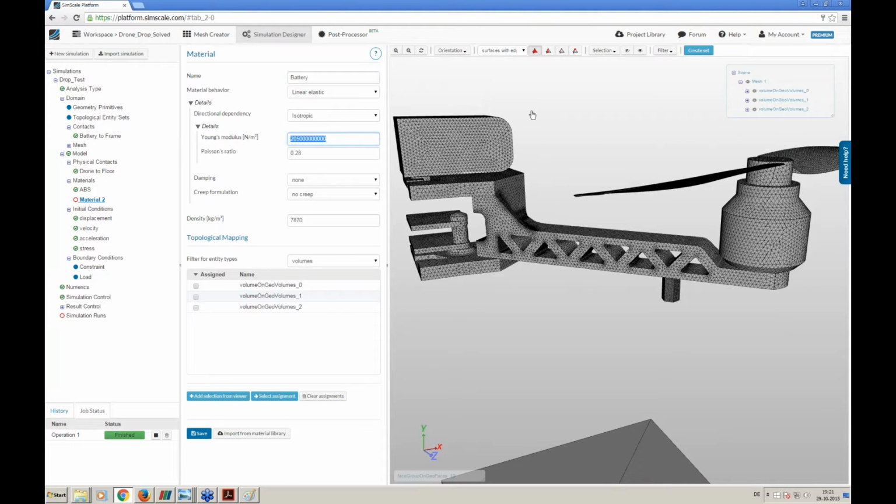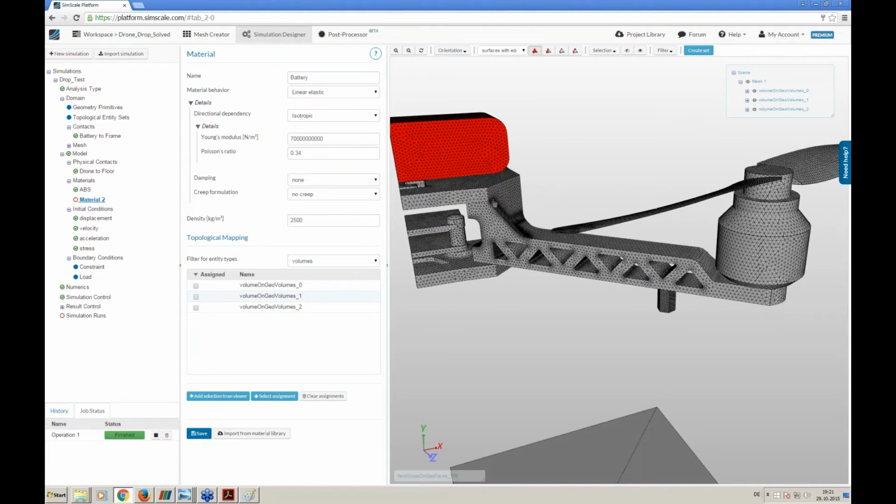So the Young's modulus is, if you enter it, then the Poisson's ratio is 0.34, and the density is much higher than ABS. It's 2500. Again, we have to choose the part we want to apply it on, the battery, and material choose